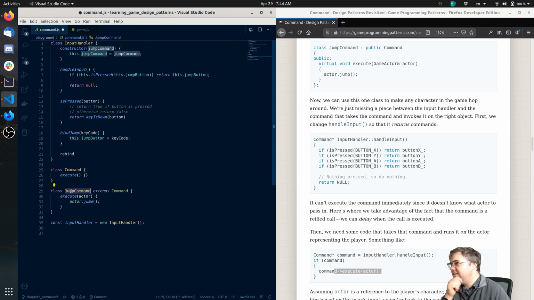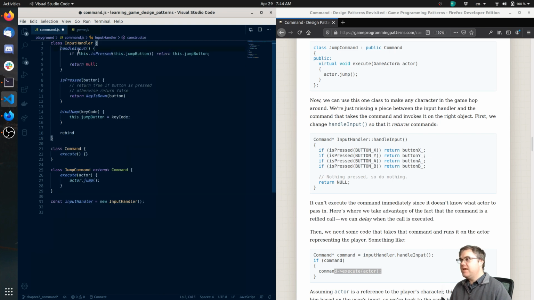So we need this jump command. So I guess we do, oh, we need to bind it to a specific key. So I didn't bind this correctly. Would it not be this? Maybe we don't use the constructor for this. Maybe in this bind jump,